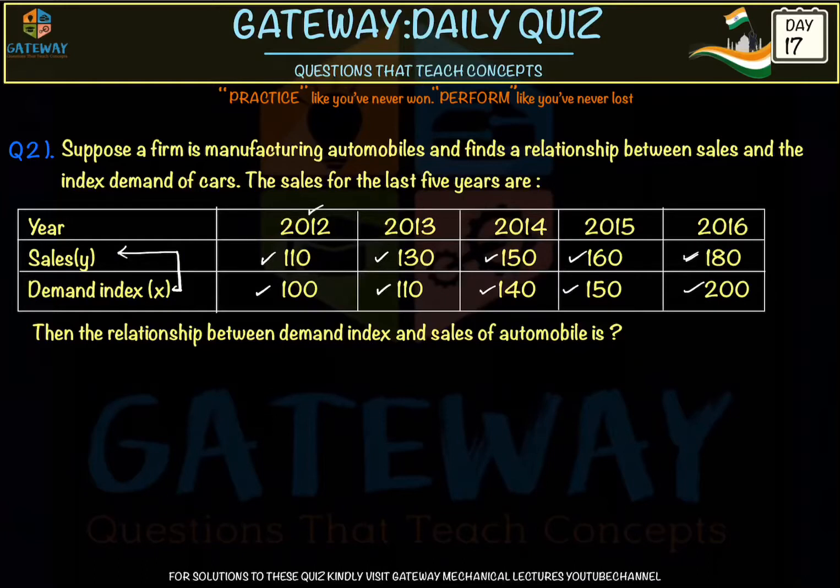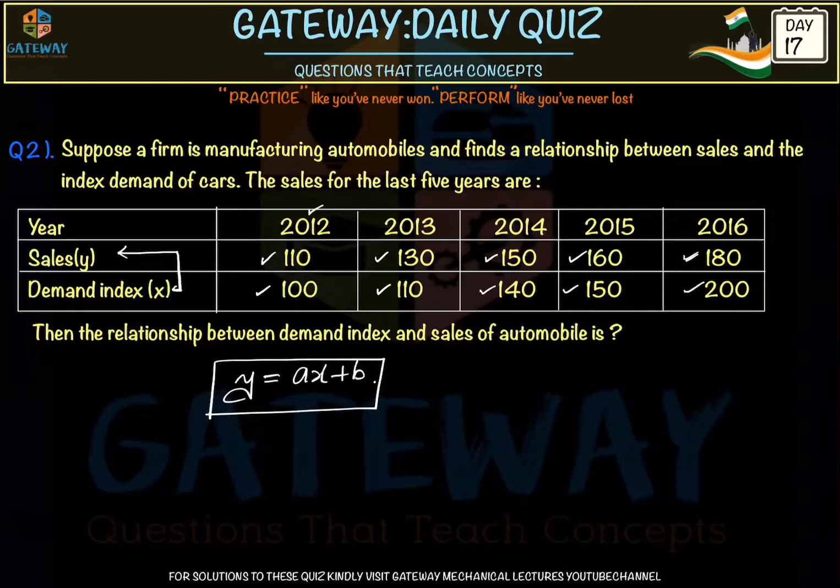So mostly they will be a straight line relationship since they are almost close. Mostly they will be having a straight line relationship with a little deviation. That deviation is nothing but an intercept here. So we will assume that equation as y is equal to ax plus b. We'll take this equation and finally we need to get the value of a and b.